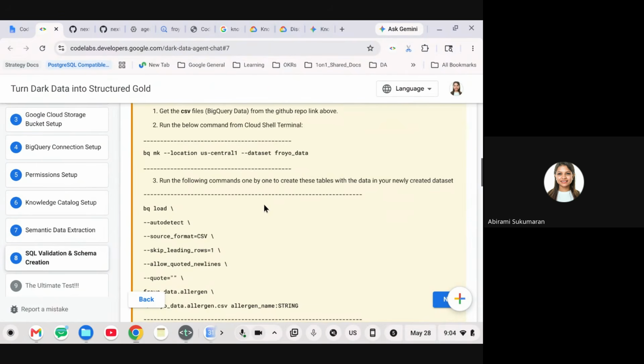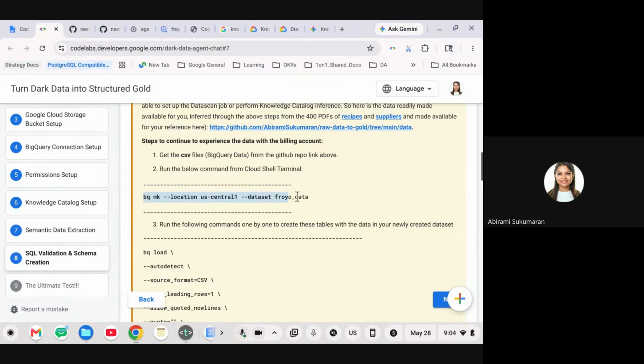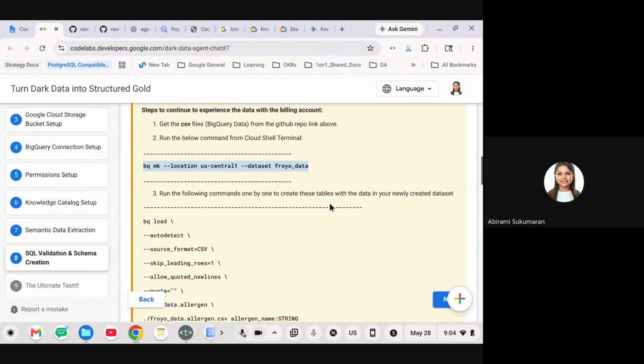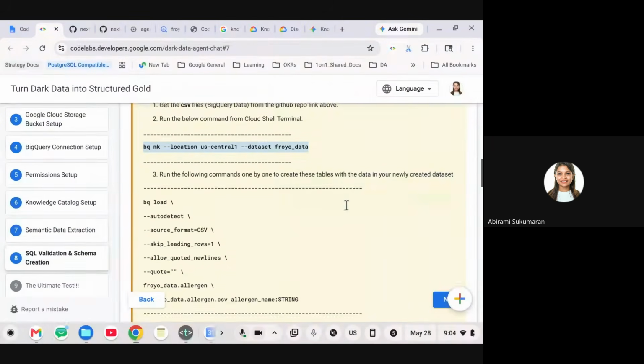Yeah. And then what we are going to do is upload the data into BigQuery from CSV files that have already been inferred from my end. You're going to just copy over the data to your BigQuery dataset. Why? So that you can query and find out the data connection and everything, just like you would test if you had done it end to end.